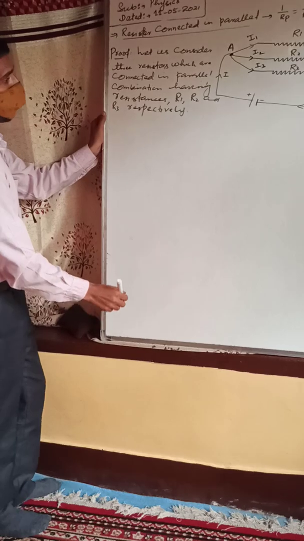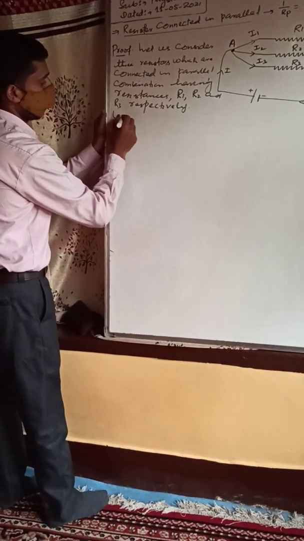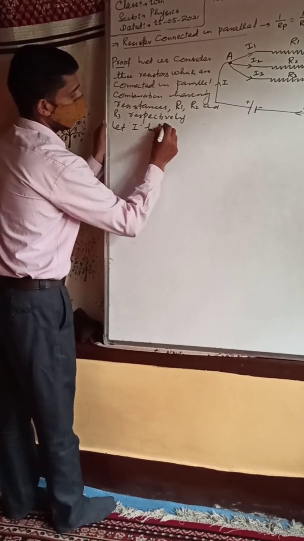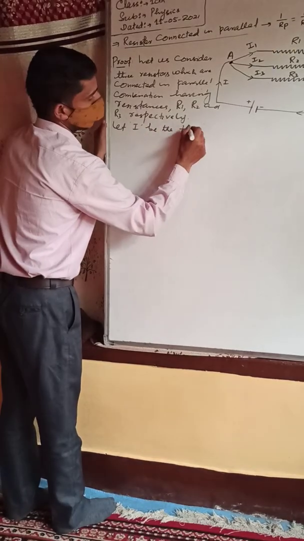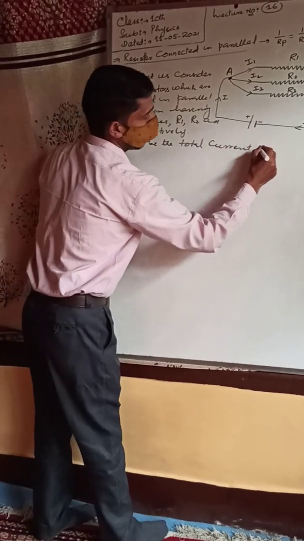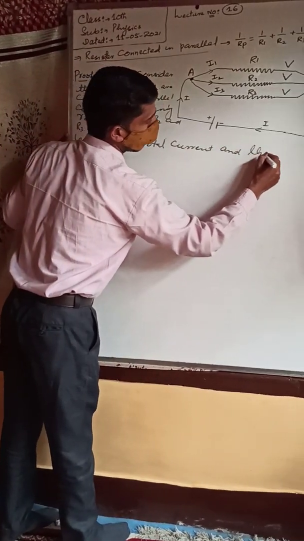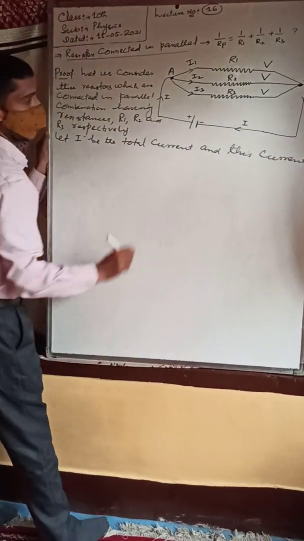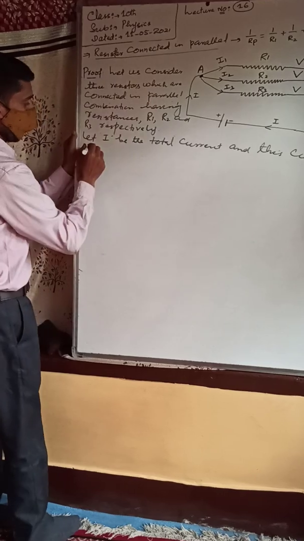Clear? Now after this we will write one more point. Let this I be the total current. This current I at point A